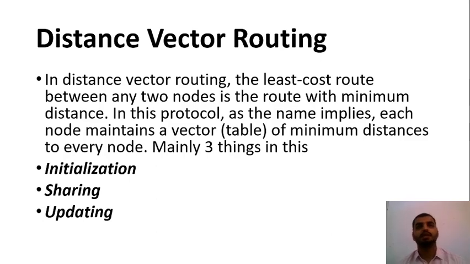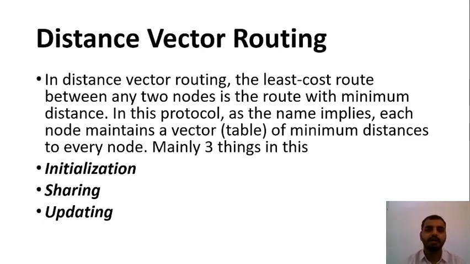Now, what is distance vector routing? Distance vector routing is an algorithm which uses a local routing table to assess the information, to route the packets, to route the data, and to pass on the packets of information from one router to another router. We will study the mechanism of how distance vector routing works, what the different things involved in it are, and what makes it different from the previous three algorithms.